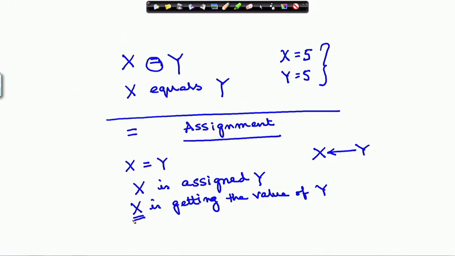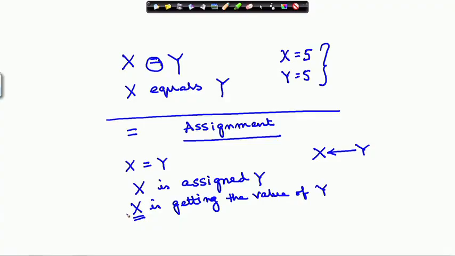Is x a value? No, x is a variable. Therefore, x is a memory location. The compiler has allocated some memory location with a specific address.